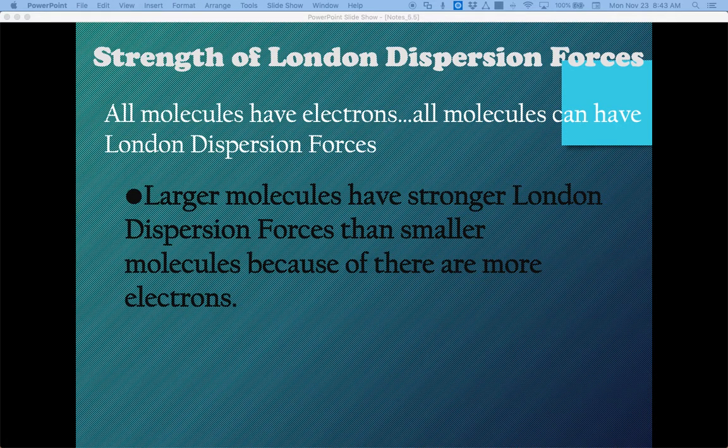This is just a matter that all molecules have this. So even non-polar molecules, to a degree, have a little bit of this because they have electrons. London dispersion forces are caused by electrons. And so this last statement here, larger molecules have stronger London forces, is because there's more electrons. If you have more electrons, the molecules are going to stick together better than when you don't have a lot, right? A good example would be,